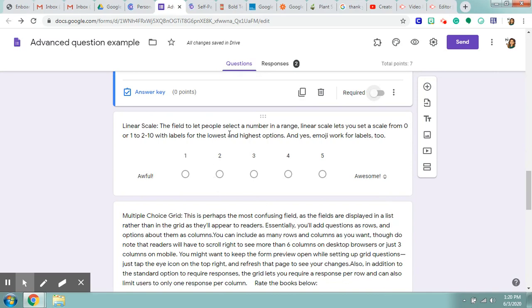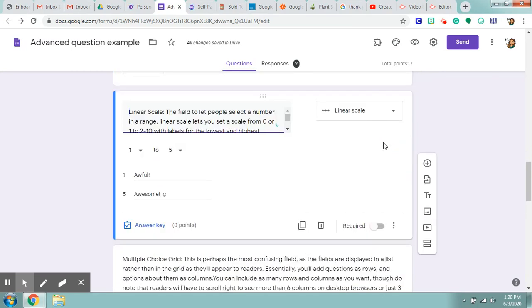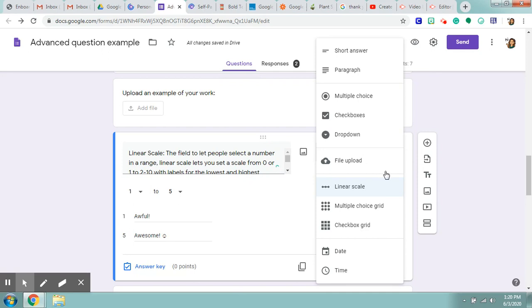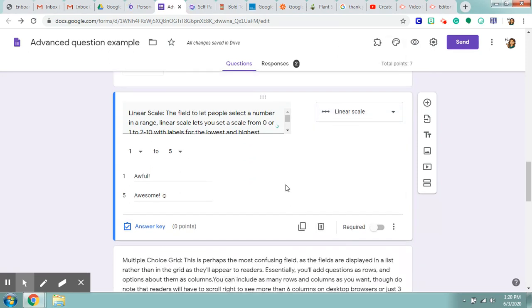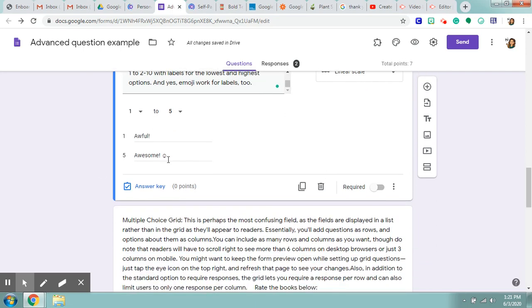And then you can use linear scale to do like a rating system for whatever you're doing. Let's say that you're rating a book or something that you've just read. You're asking students to rate it. Then you want to give a description for what the numbers mean in this scale. So 1 might be awful, 5 might be awesome, and you can even include emojis in here as well whenever you are